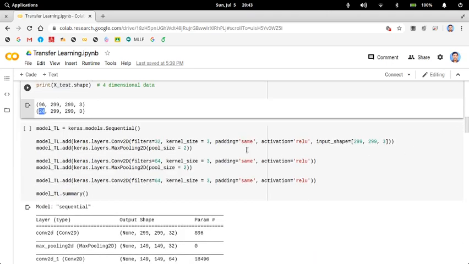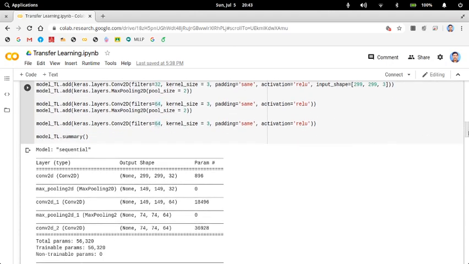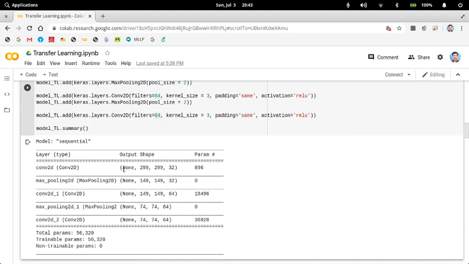Okay, now you create your model, transfer learning model TL equal to sequential. Then you add a 32 filter convolution layer and a max pooling layer, a 64 filter convolution layer and max pooling, then a 64 convolution layer. So see your model summary: you have convolution, then pooling layer, convolution, pooling, and convolution layer.